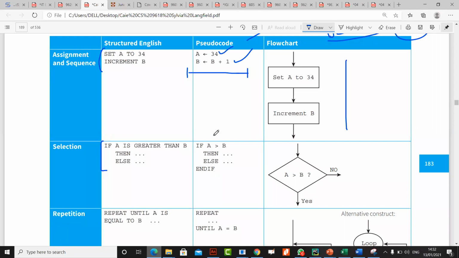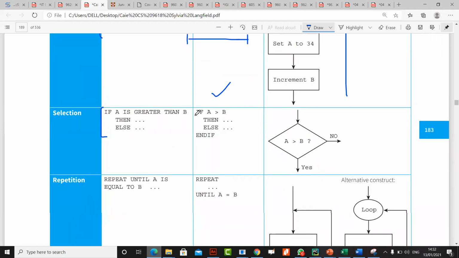If you represent this in pseudocode, it would be: if A is greater than B, then, else, and end if. You can see if and else are coming in one line, and you are using proper indentation. So that's the way you do it in pseudocode. Much more structured. When we say structured, we talk about indentation. That's what structured means. Structuring means placing your parts of the loops